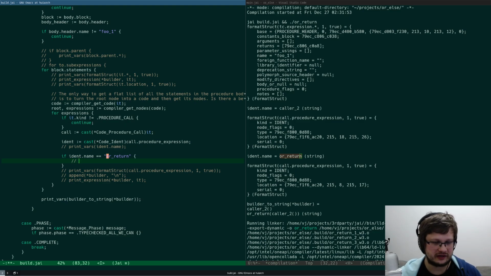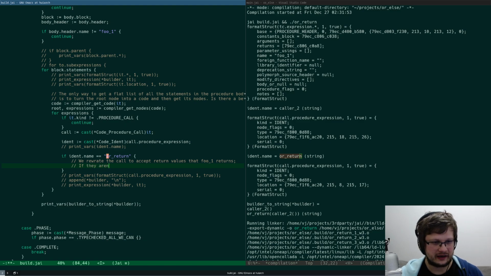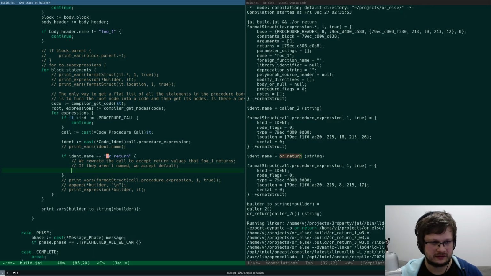So what we do here is we rewrite the call to accept return values that foo1 returns, right? If they aren't named, we accept defaults.